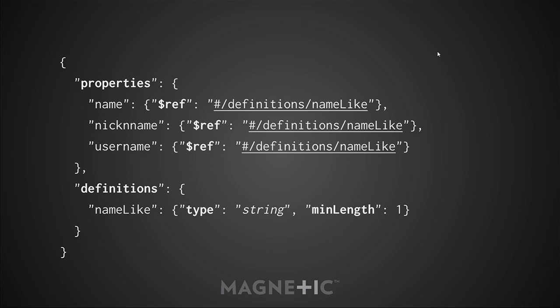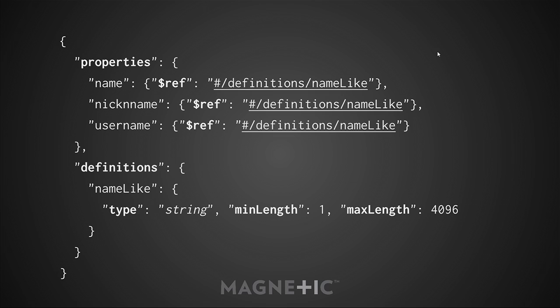Which, again, if you're a programmer and you're thinking that these things should evolve together, then when someone comes along and says, you know what, Jimmy keeps sending us names that are the entirety of Shakespeare, so we should probably limit the length of our input too, maybe to 4K, let's say, you can just add that to the bottom schema, and now all of a sudden it applies to all three. Make sense? Questions about that? Good.